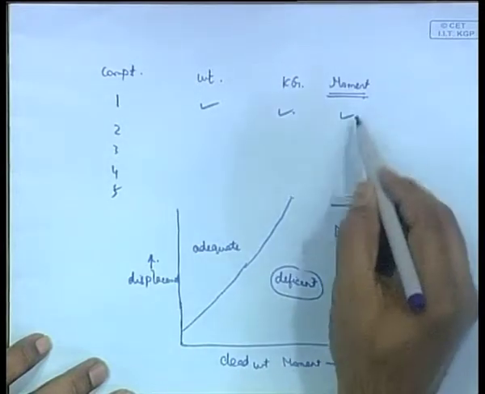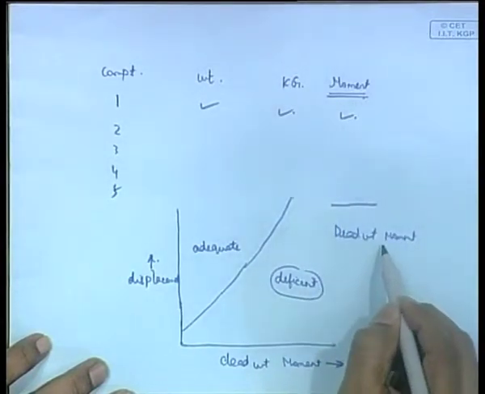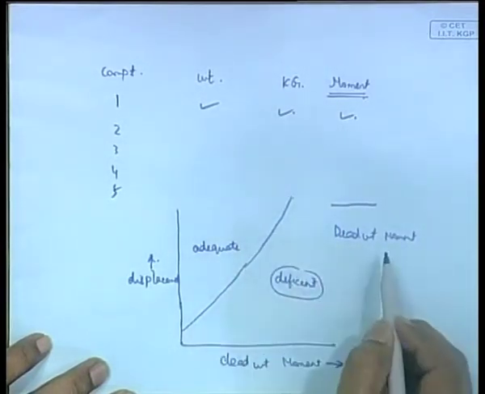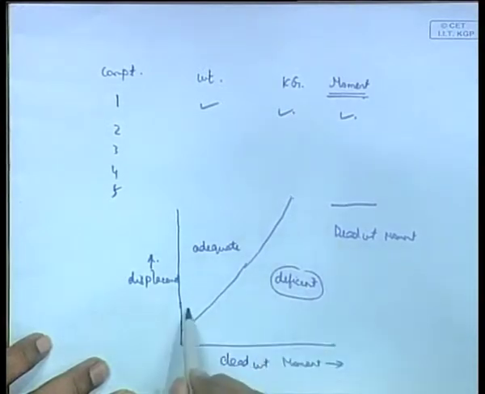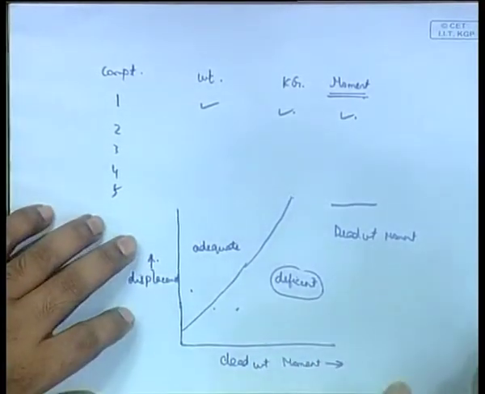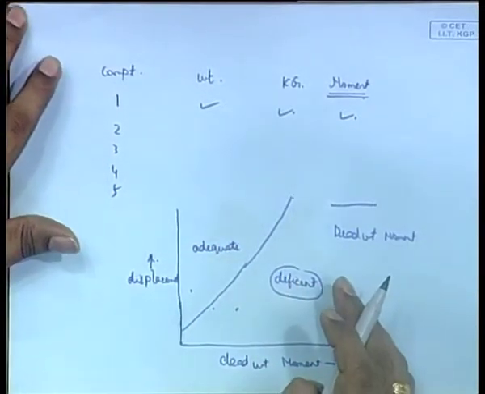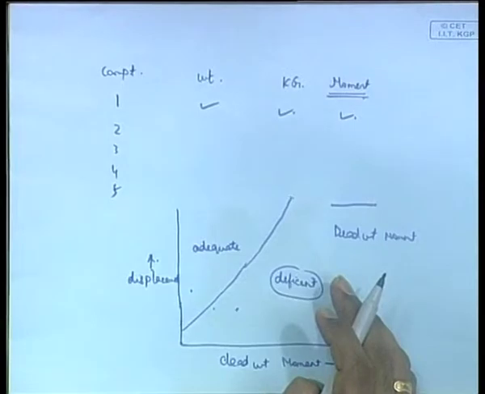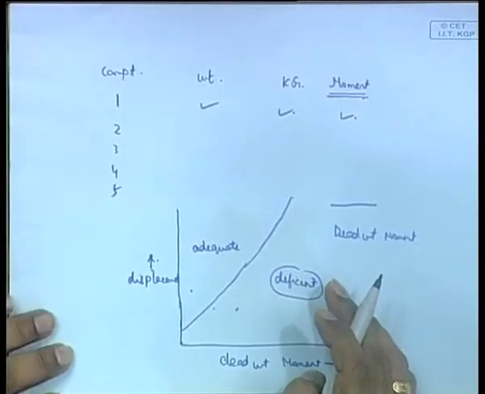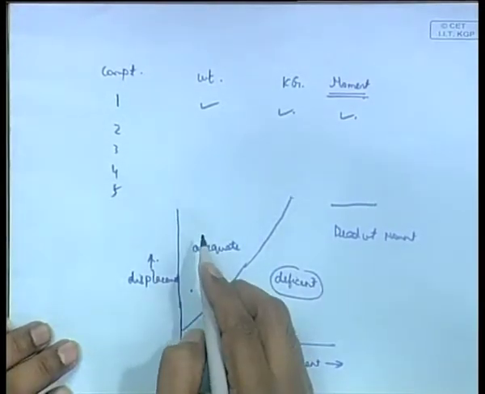What you have to do in this problem is look at the total dead weight moment and the displacement of the ship, and read where it is lying, whether it is here, here, or on the line. Then you say whether the ship is deficient or not. I do not think you are going to face such problems, because such long, big charts would have to be given.